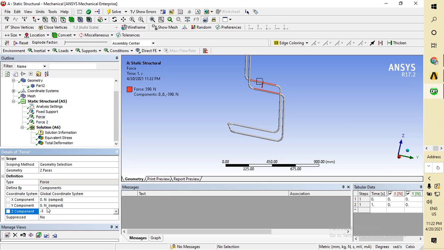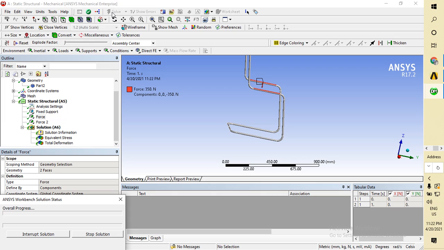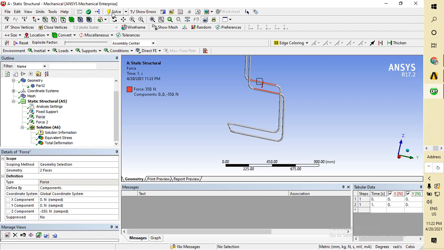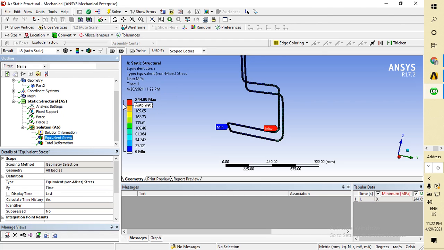It is again exceeding 250. Okay, solve. Now this is 244. It is less than the 250, but it is not safe enough. We have to make it up to 150.